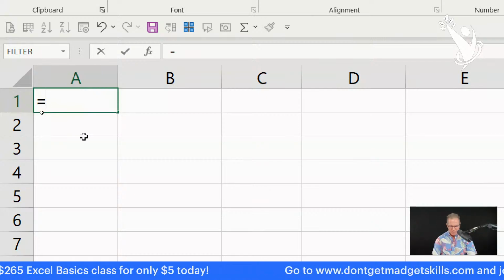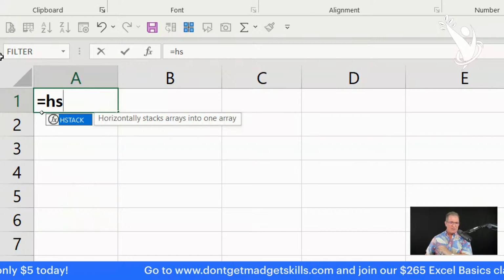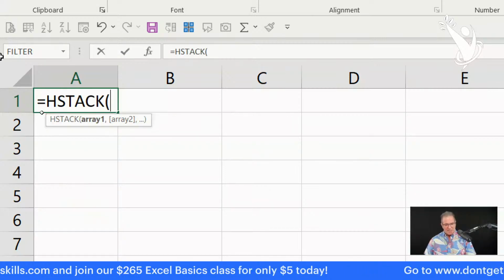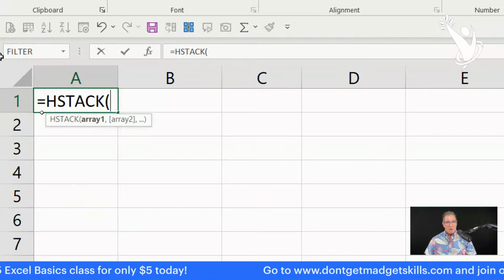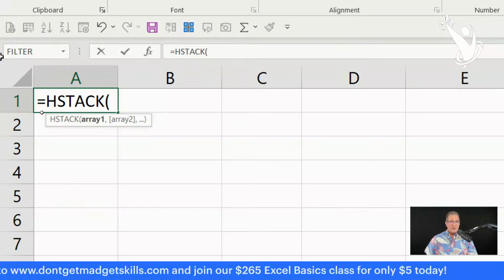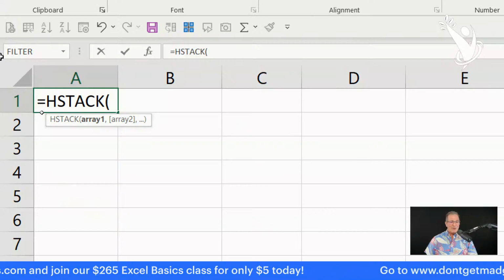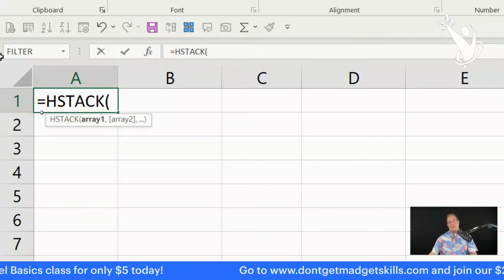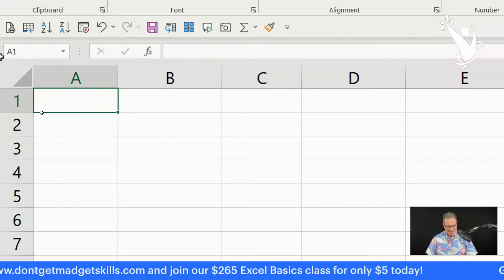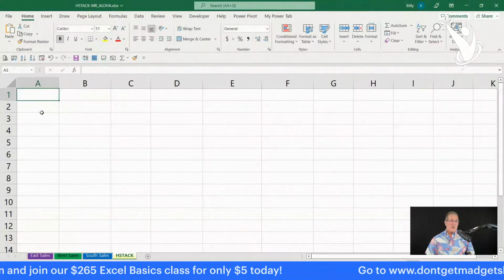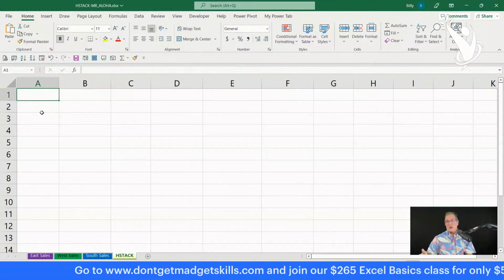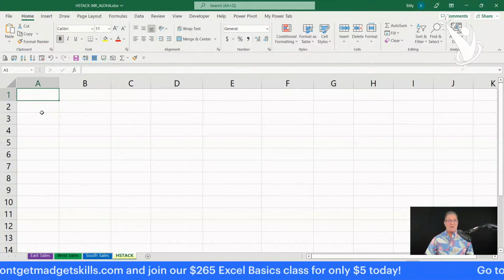Yeah. So here we go. HS, look at that. There's an HSTACK function that appears. And then I'm going to press the tab key. What? Are you following along and saying to yourself, I don't have that function, Billy? It's possible. It's possible. This is Microsoft 365. And this function hasn't quite officially been released yet. It's available to you as long as you're part of the Office Insiders program.